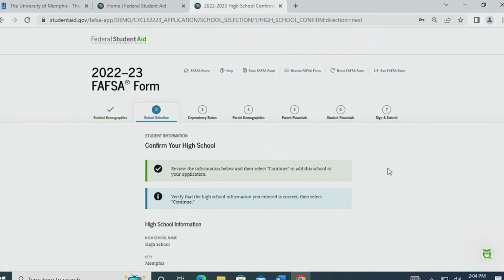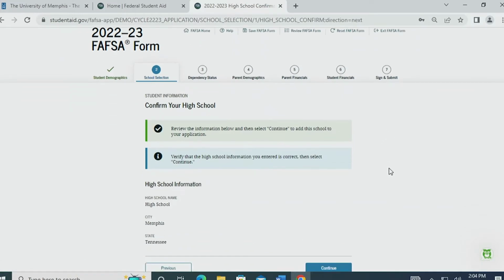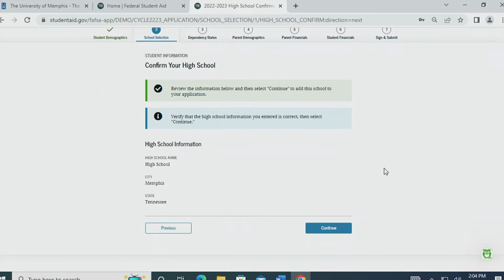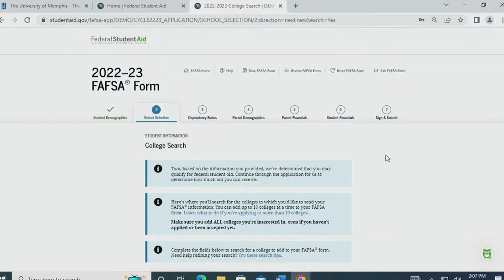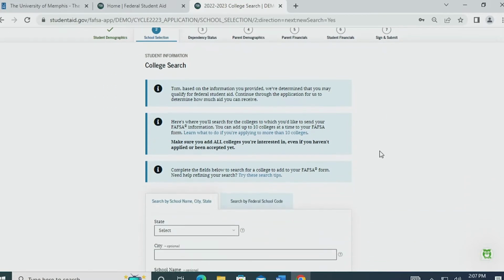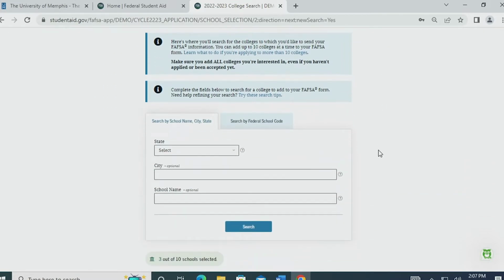Section 2 of the FAFSA is titled School Selection. This section inquires about both the high school that a student has graduated or will graduate from, as well as what colleges and universities the student would like financial aid eligibility information sent to. You may list up to 10 colleges and universities on the FAFSA at once, but are not required to submit that many.